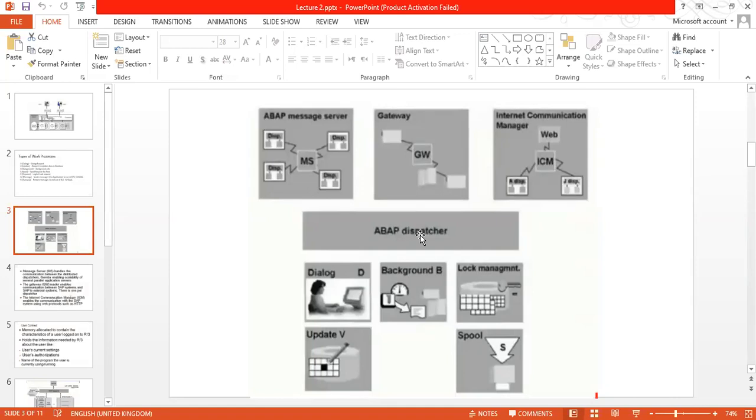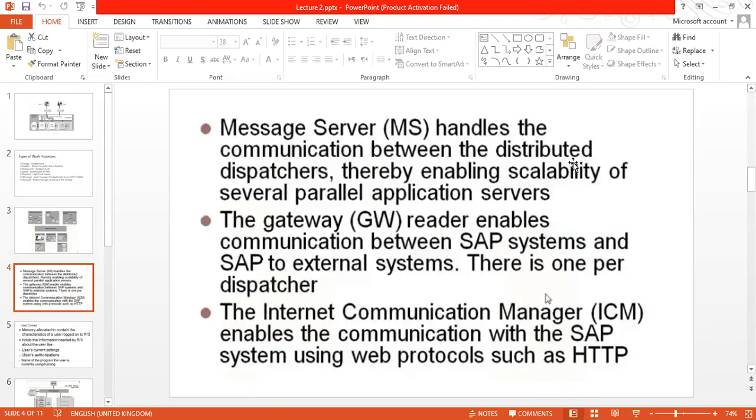So ABAP dispatcher actually sits in the middle, and it actually communicates through various channels like internet communication manager, through the web, through the gateway with third-party applications, and messaging server with, of course, within the SAP landscape. So messaging server, it is handling communication between different dispatchers, which are basically communicating between various servers. The gateway, it enables communication between SAP and third-party systems. The internet communication manager, it helps in maintaining communication between SAP through the web protocols, that is HTTP and HTTPS,